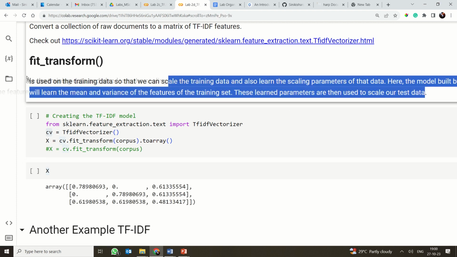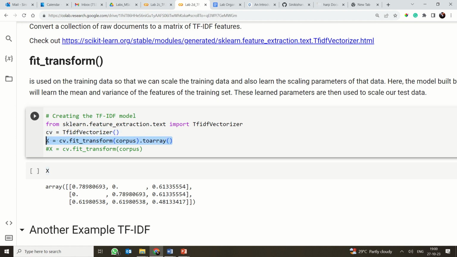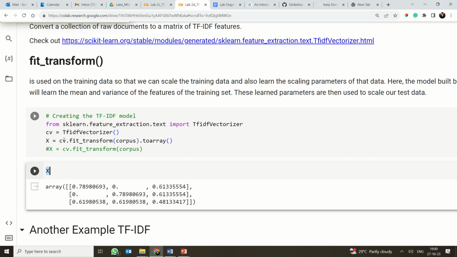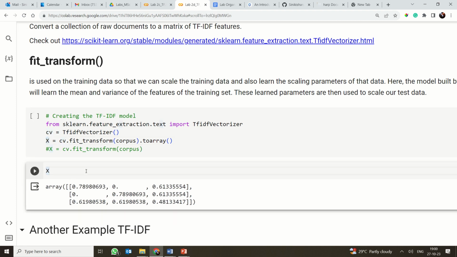This kind of transformation is a normalization which we do upon the data, and then we represent the output in the form of an array by using the toarray function. If you print X, the final results will be there in X. When you look at it, you can see you have got certain values, like 0 point something, and all these values will help you